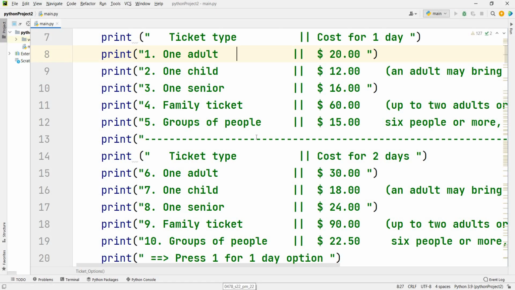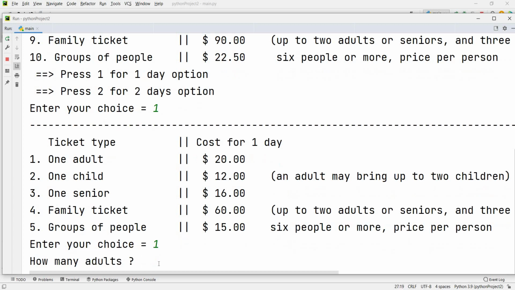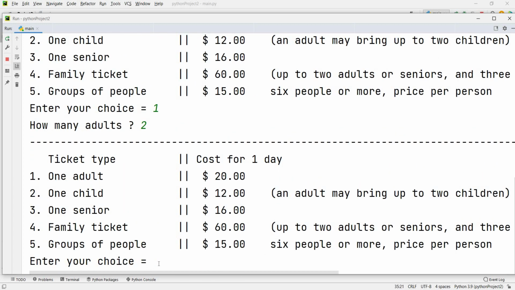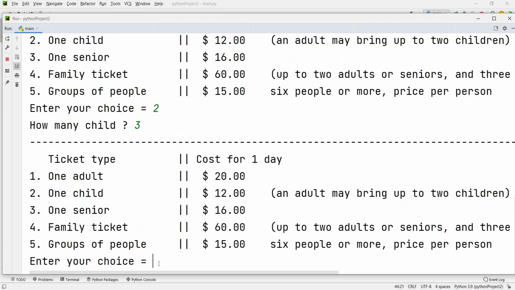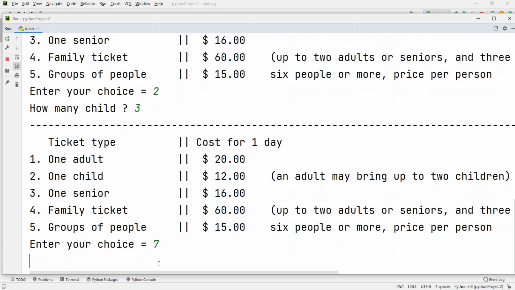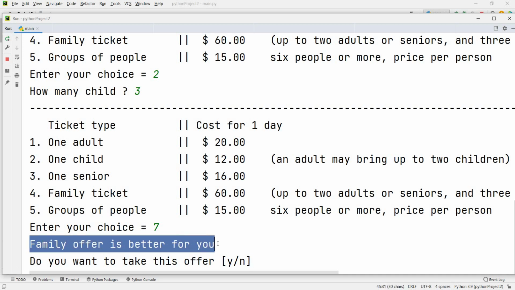I want to run this program. Number 1, I will show you the same value. Number 1 for adult. How many adults? 2 adults. Number of children, that is option number 2. How many children? 3 children. Do you want to stop it? Yes, number 7. Now they are showing me, a family offer is better for you.